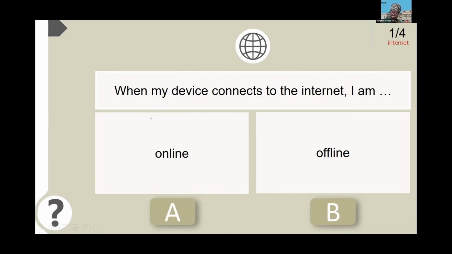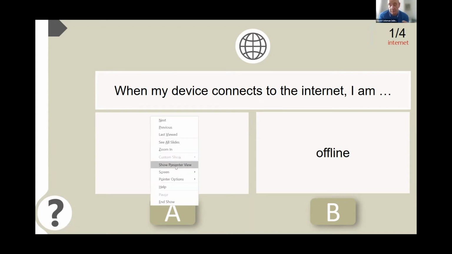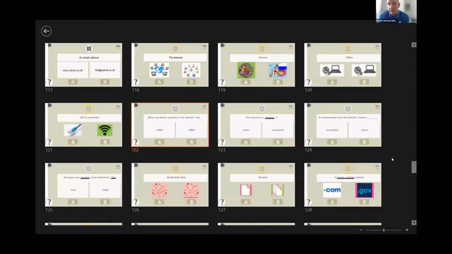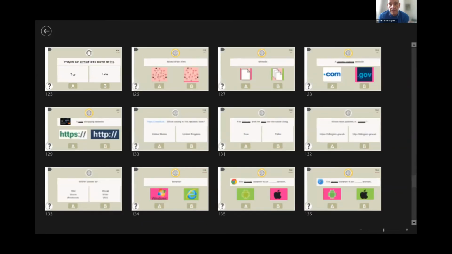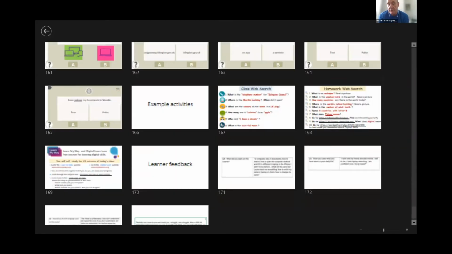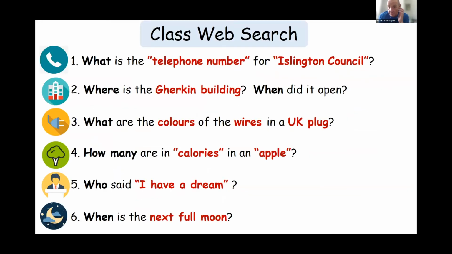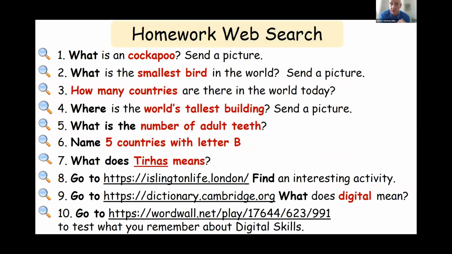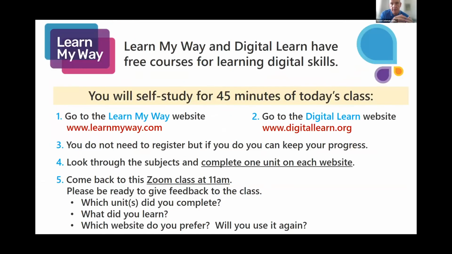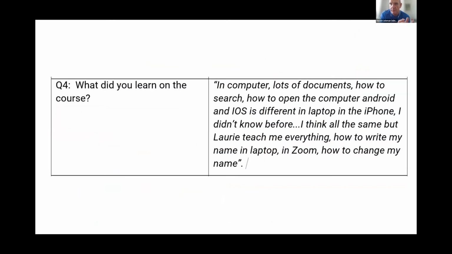Go ahead. So Laurie has done all the resources. So this has been brilliant, as you can see. And the evaluation we got back from the learners was fantastic. We had such good feedback from the learners saying they're now able to use the internet. They're now able to go onto their courses. And the other thing Laurie hasn't mentioned as well, they related it to what the learners needed, like the NHS, like the job search, like everything else that comes within that, and it could easily be related that way as well.